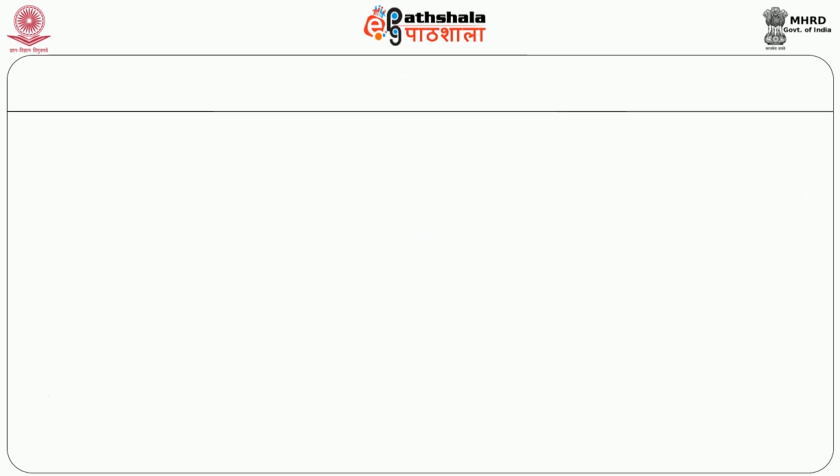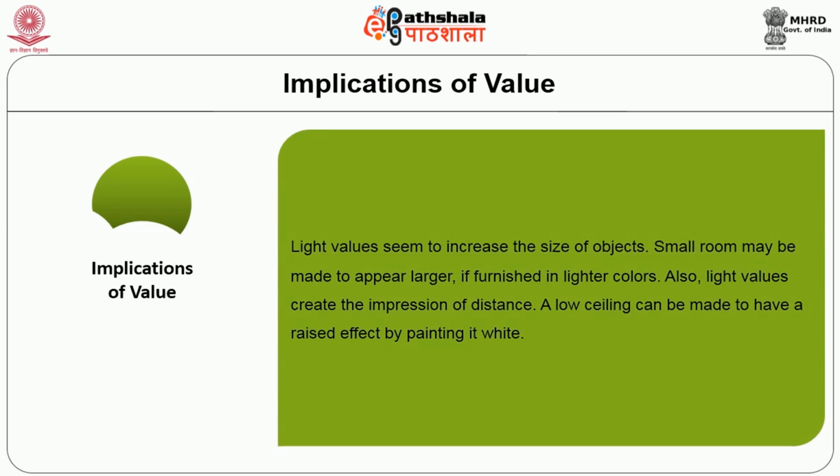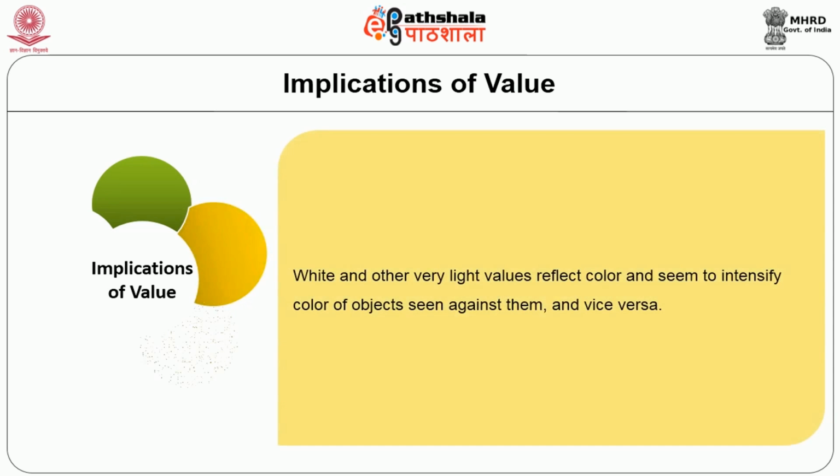Next, we'll see the implications of value. That is 1. Light values seem to increase the size of objects. A small room may be made to appear larger if furnished in lighter colors. Also, light values create the impression of distance. A low ceiling can be made to have a raised effect by painting it white. Second one is white and other very light values reflect color and seem to intensify color of objects seen against